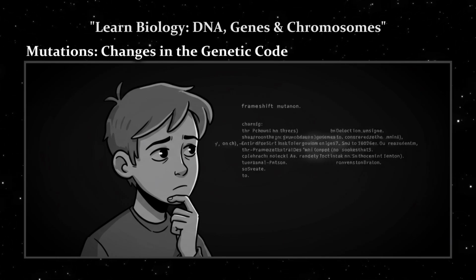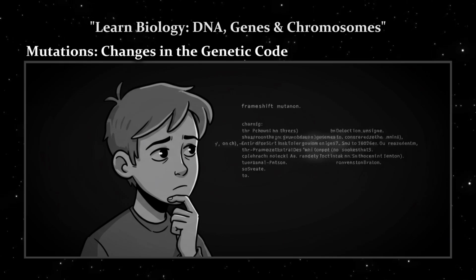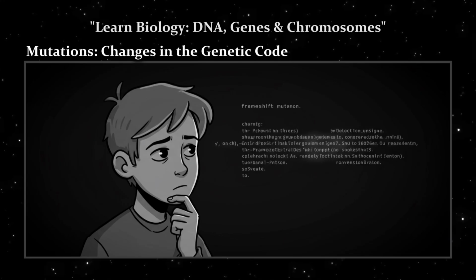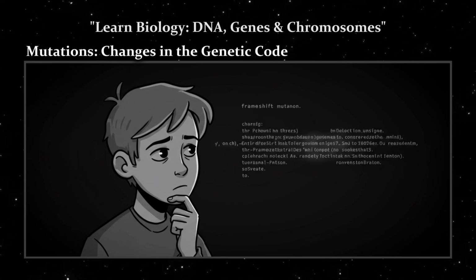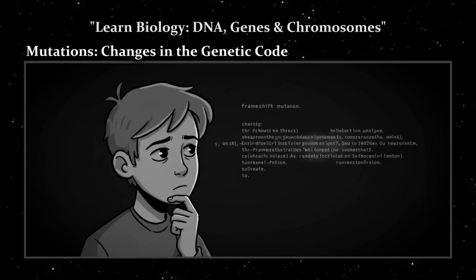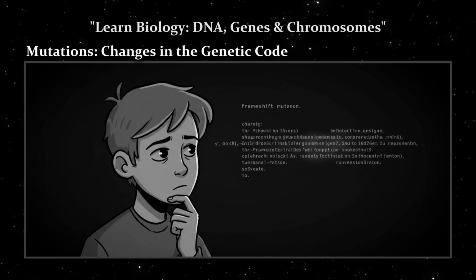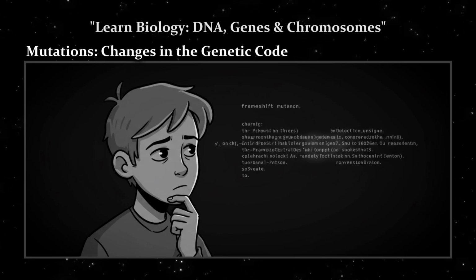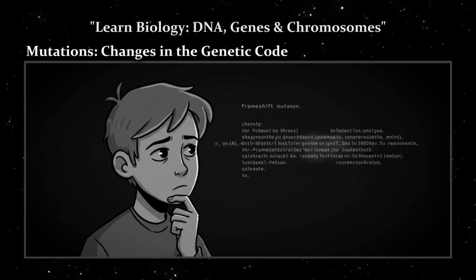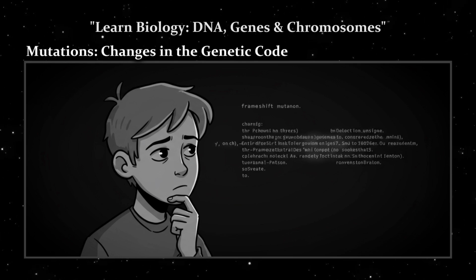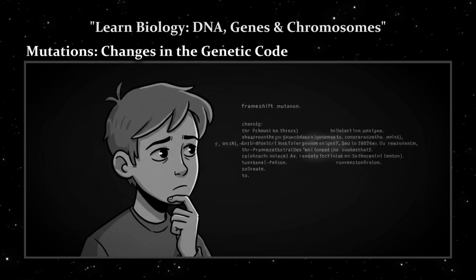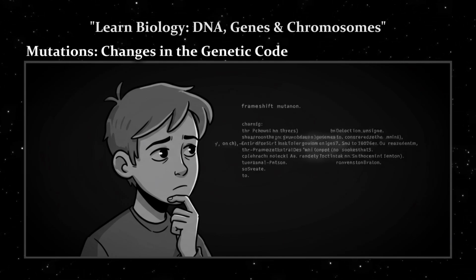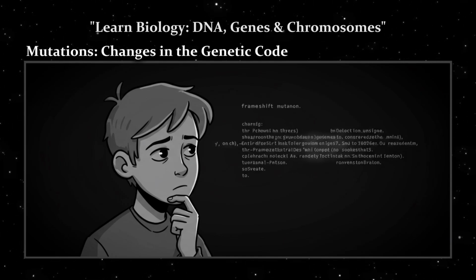We have seen the meticulous proofreading systems and the precise choreography of transcription and translation, but near-perfect is not the same as perfect. Life is a chemical process, subject to the laws of physics and chance. The cellular machinery, for all its brilliance, can make a mistake. The DNA molecule itself, for all its stability, can be damaged by its environment. When a change in the DNA sequence occurs, and that change is not repaired and becomes permanent, it is called